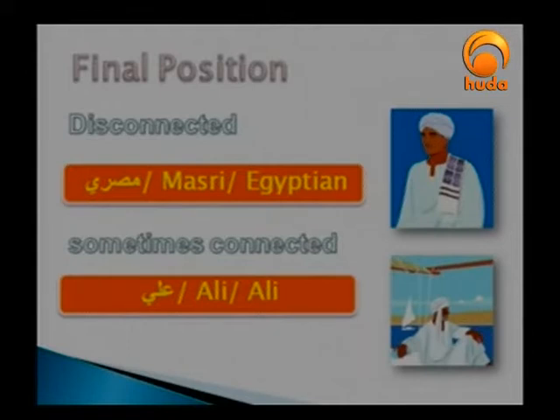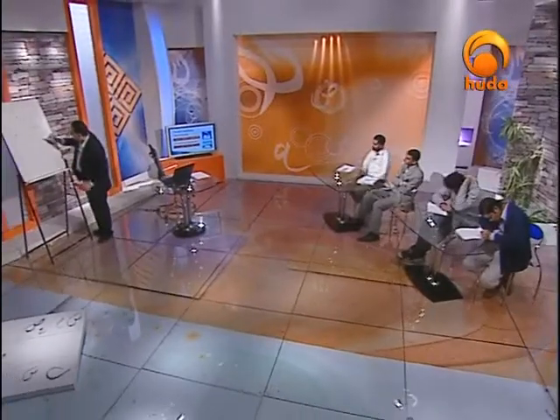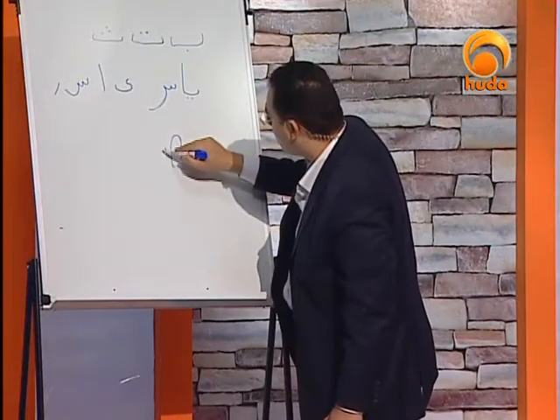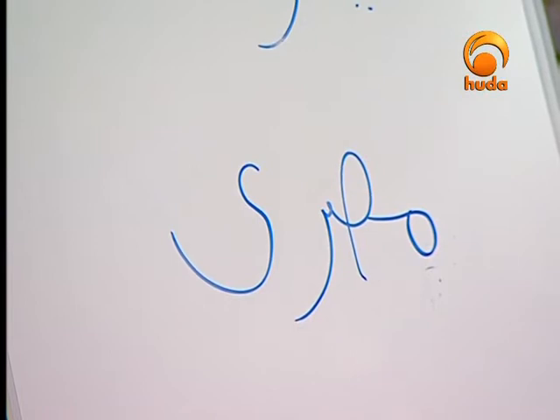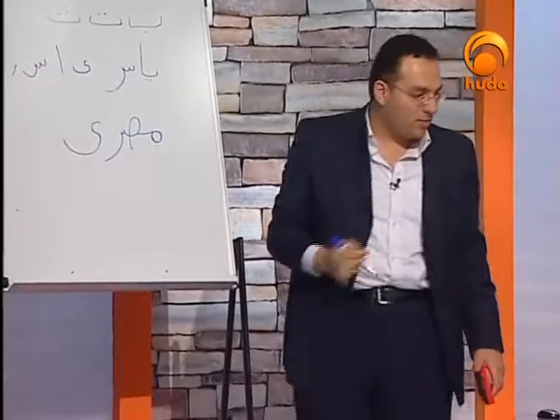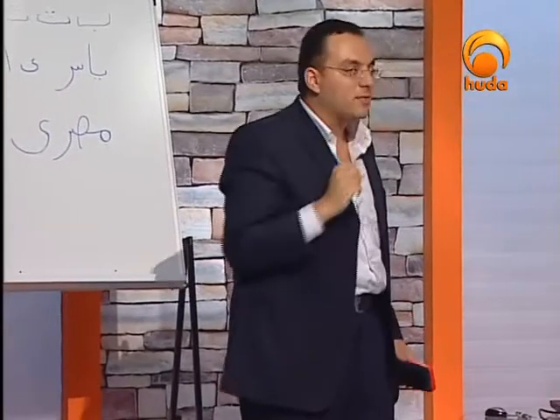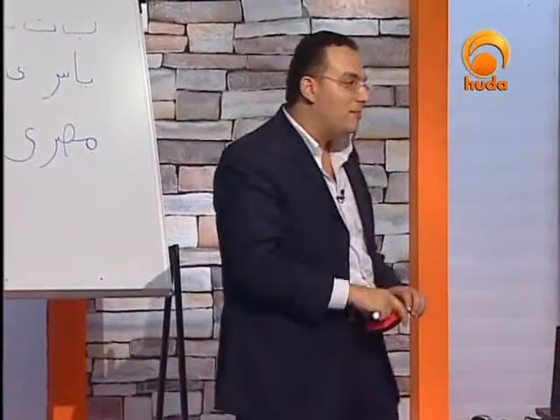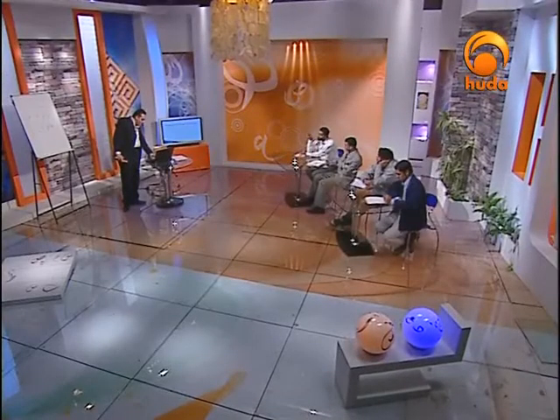So how many letters do we have in this word, Masri? We have four. Here it is: Ma, Sa, Ra, and Ya. Sometimes Ya comes disconnected, but sometimes on the other hand it comes connected. The body of Ya is the same as Ba, Ta, or Tha, or close actually. But the question is,